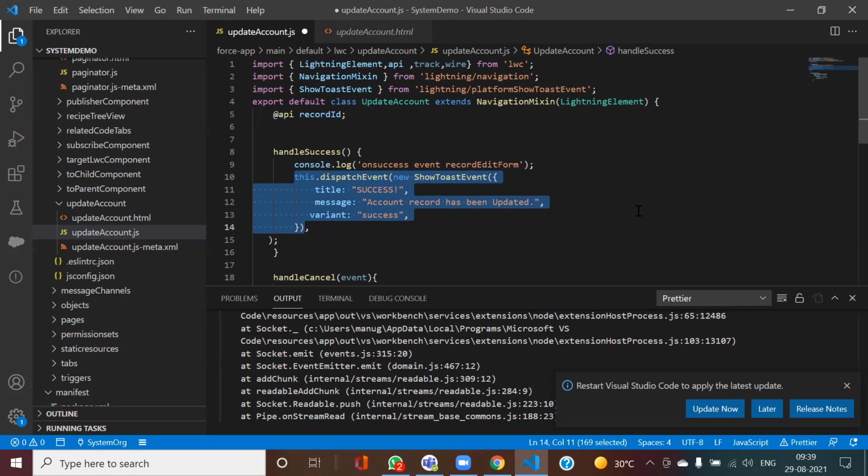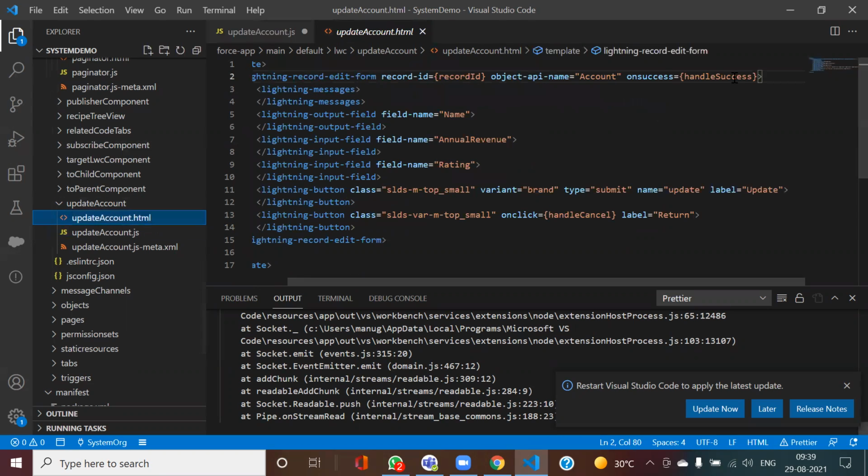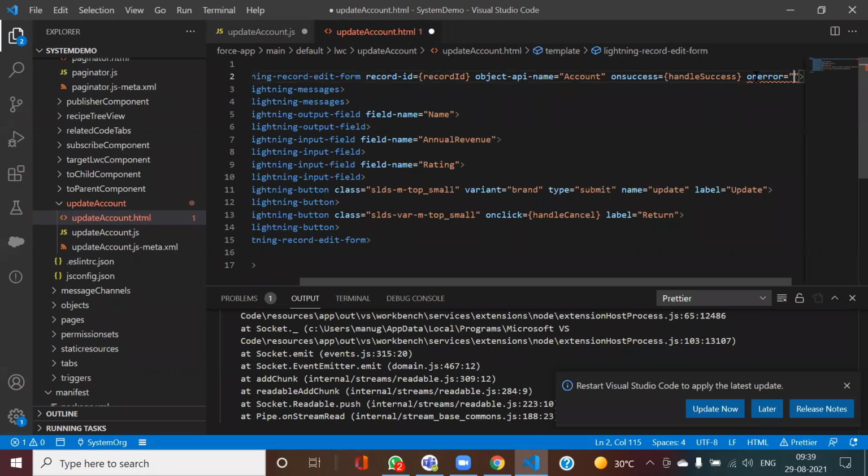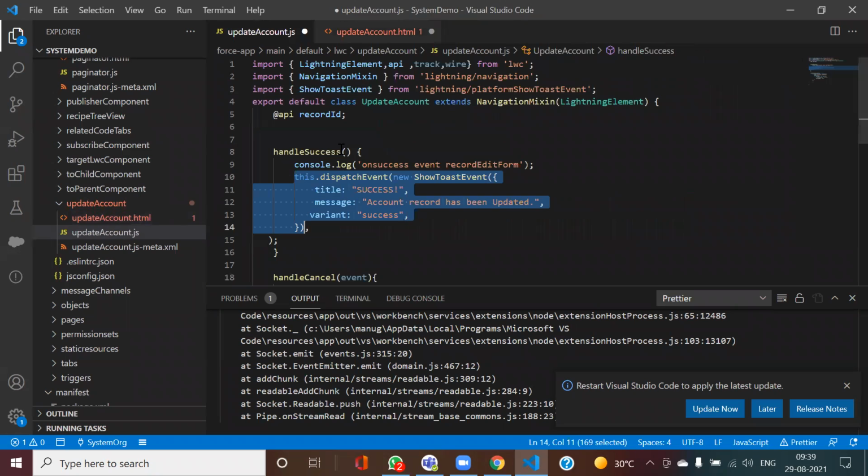Hello, Manu. Yeah. So what if we get an error message? I want to display to the user that an error has occurred. For that, do we need to write any extra code? Yeah, that's what I told you. Here you have on error also. On error, right? Yeah. Okay. And for this to be displayed, we need to write another piece of code. Yes, I have this handle success, and I can have some method like handle error.